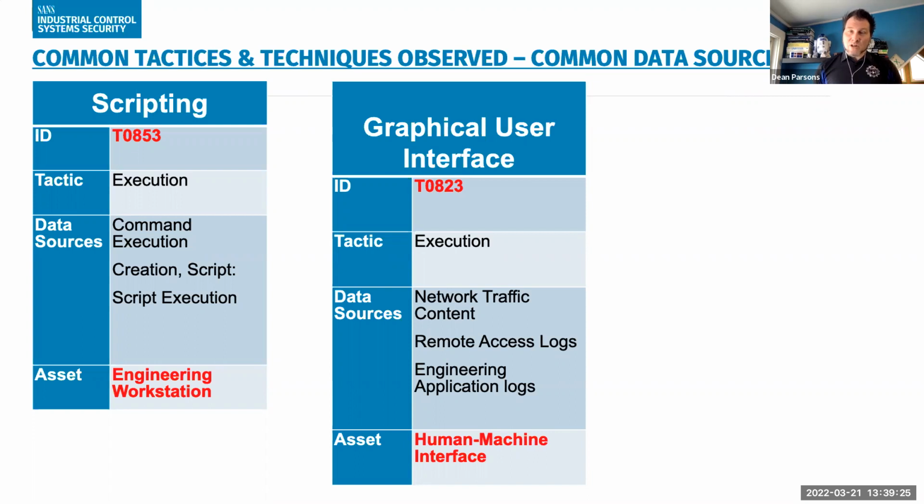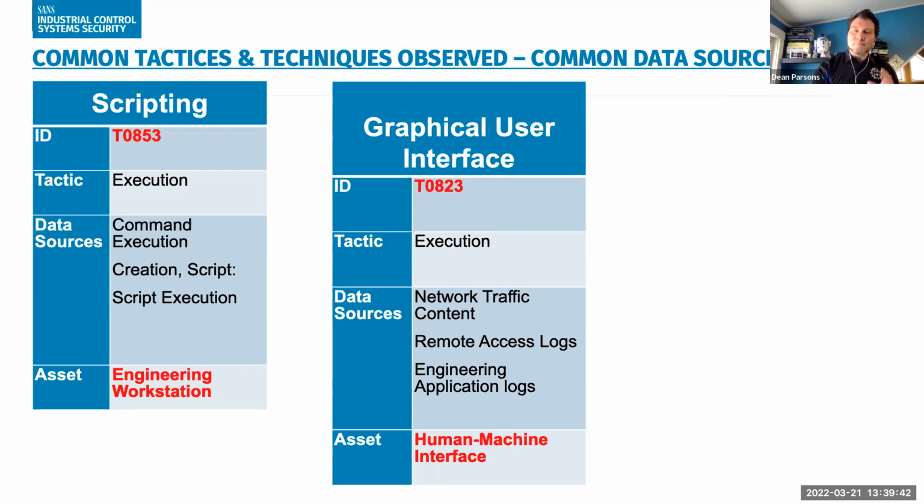Engineering application logs as well. Remember, changing the set points on the HMI is critical to get access to. And of course, definitely not last but not least is the network traffic. Surprise, surprise. Now you're seeing a pattern come up with the data source that we need through most of these